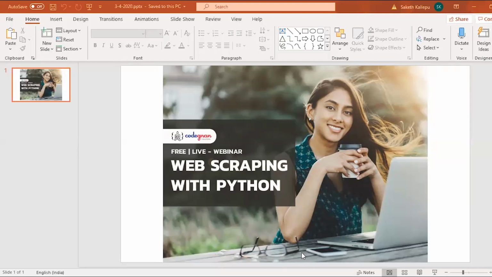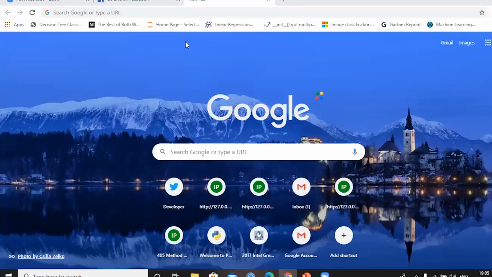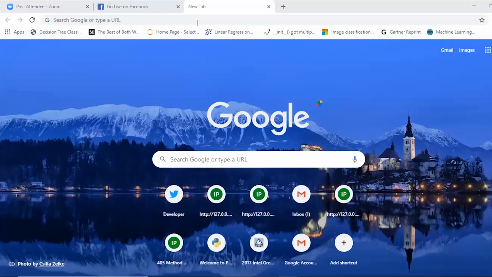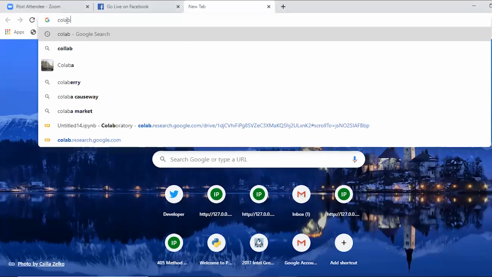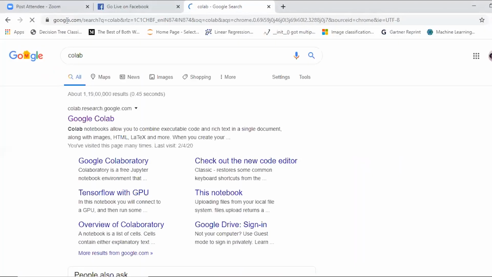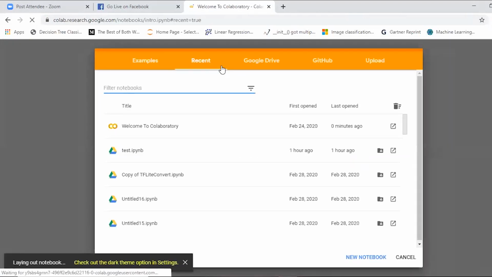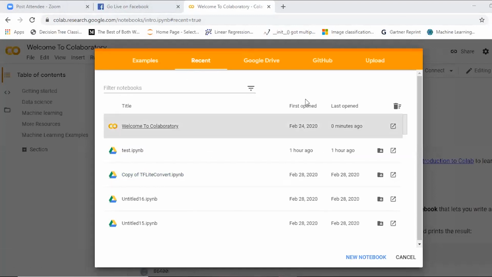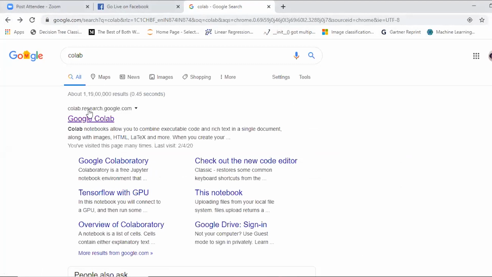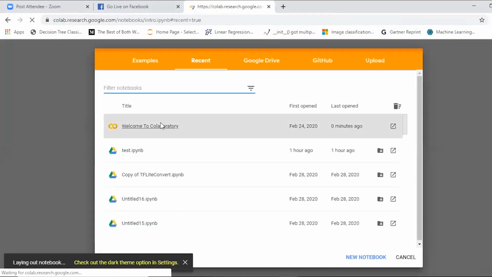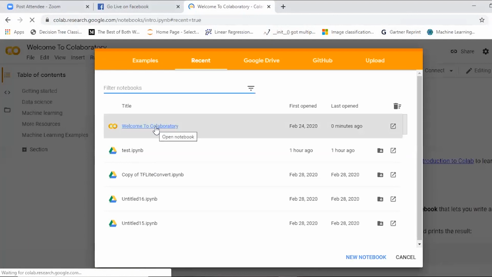What I prefer is that you just open your Google Colab. You can see my screen, right? You just open your Google Colab. You should sign in with your Gmail. You need not install any packages. If you prefer Jupyter, you can go with Jupyter. You can see the Colab which I have opened. Now you can see, you need to update it. That's it. So just open Colaboratory.